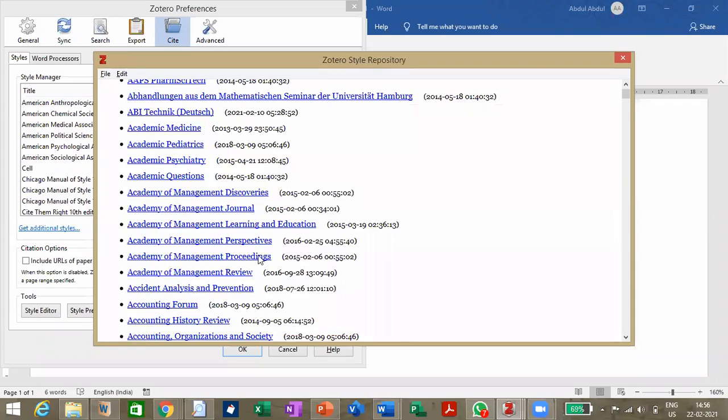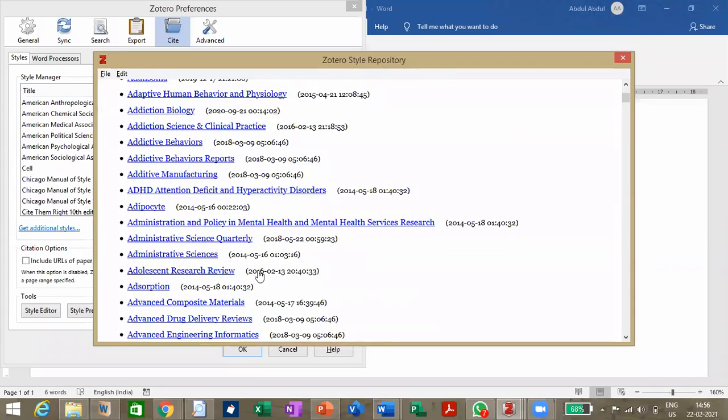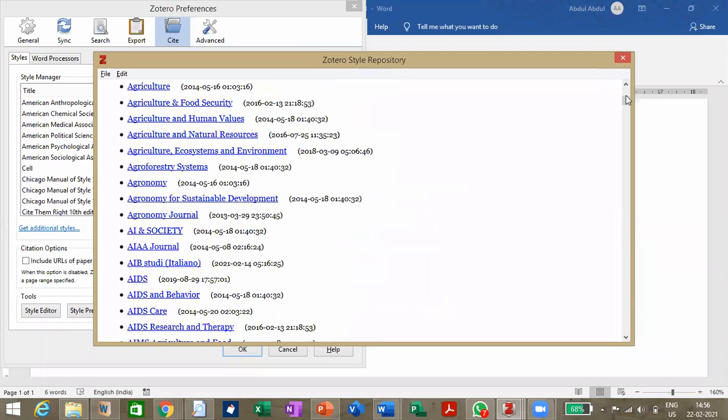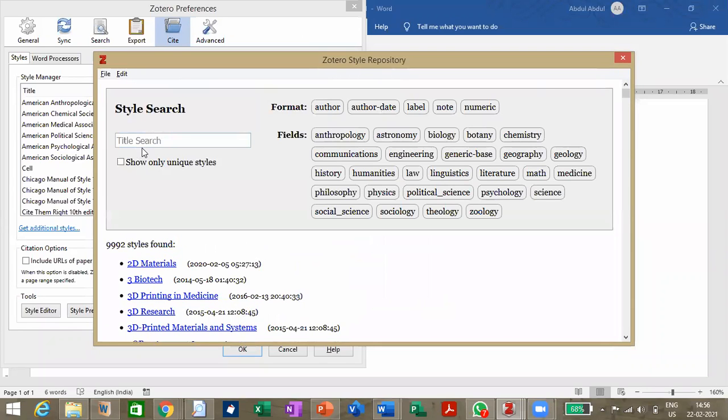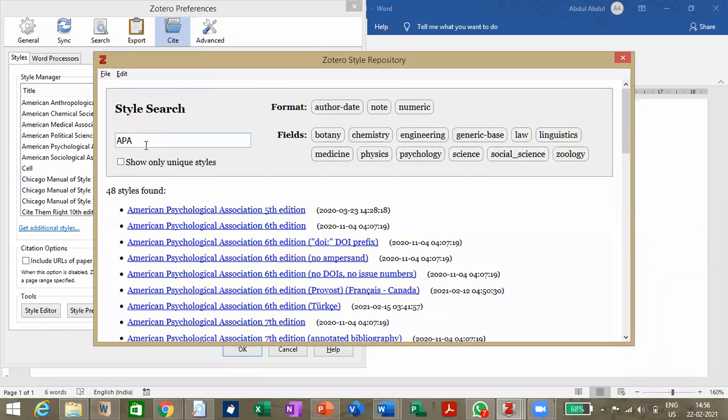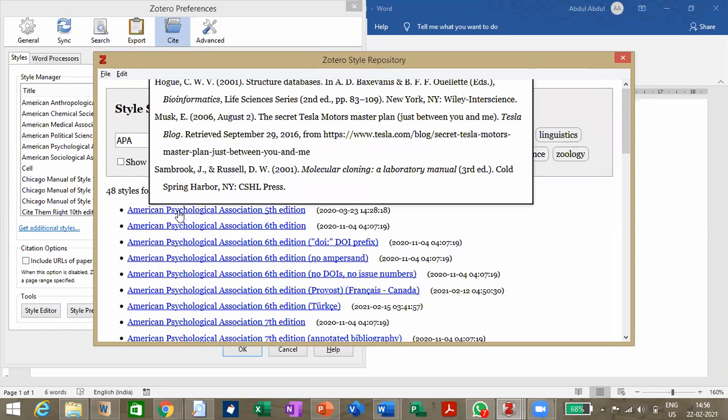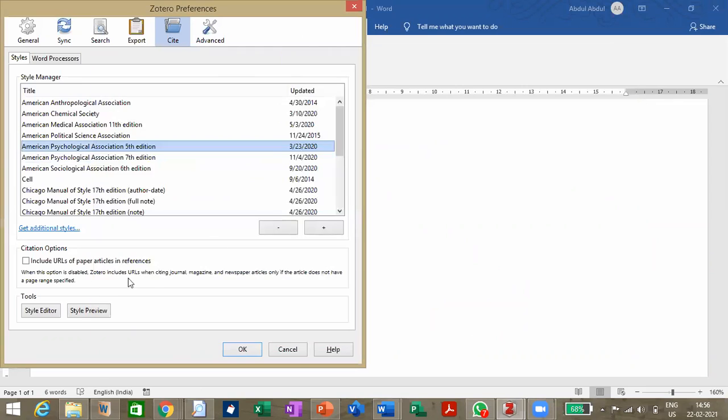There will be many citation styles. For example, APA is also one style. I'll search here APA. American Psychological Association, 5th edition. So I can select this. Now it is also showing the citation styles, and it has come in this 5th edition.